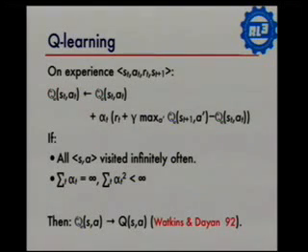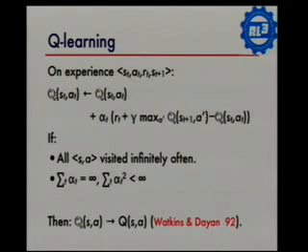And so it's going to take the Q value for the state action pair that it just visited, and it's going to update it by adding a little bit, this is a learning rate, a little bit of the immediate reward it got, plus the discounted expected value of the Q value that it ended up in. And it's going to basically push the value a little bit in that direction.